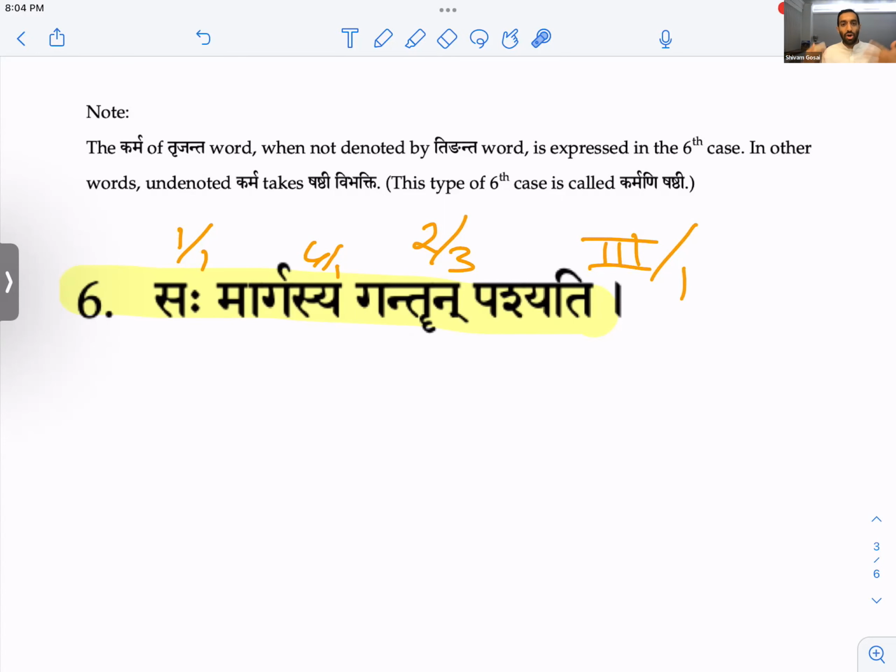The goers of what? Margasya. Kasya? Margasya. Marga shabda akaranta pullinga prathama shashti vibhakti ekavachanam sambandhe shashti to gantrun sambandha. So it's the travelers of what? Of the marga. Marga means of the path, of the road. So he sees the travelers of the road.